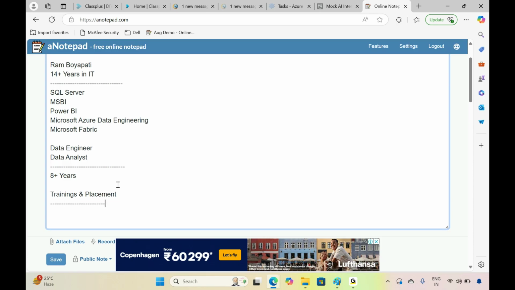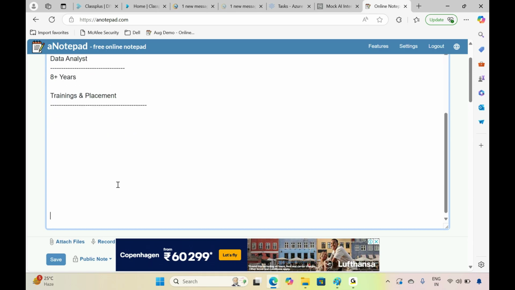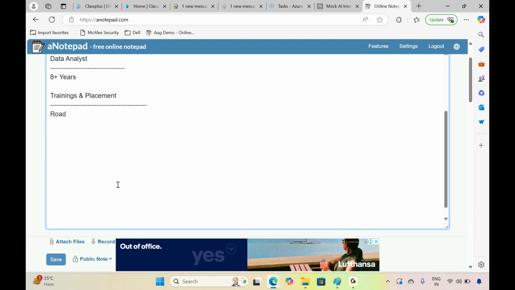So with my 8 plus years of IT training experience, I have created a clear roadmap for the Azure Data Engineering course: how you need to learn, and what the roadmap is for this. I'm going to first explain this roadmap to learn the Azure Data Engineering course. Then, after that, we can understand what exactly Azure Data Engineering is and how it is going to help us.